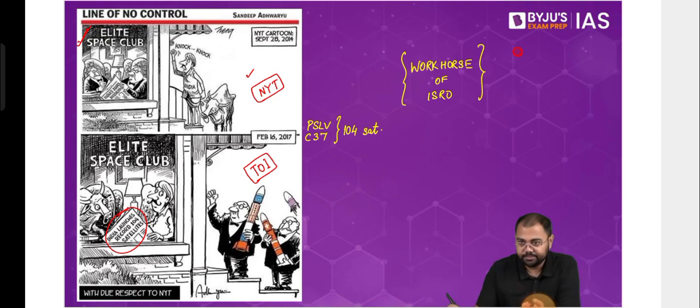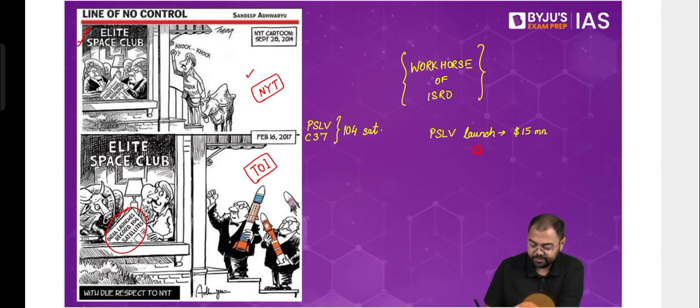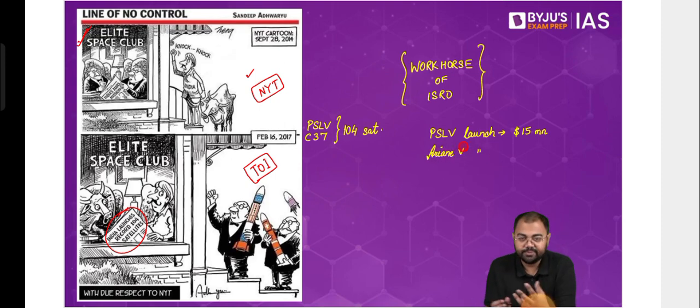And so, for example, let's say if we do a cost comparison, one data that I had read about was that one PSLV launch usually costs approximately $15 million. Almost $15 million in a basic launch. Whereas if you compare that to many of the Western launches, for example, Ariane 5, which is something that we use when we cannot use our own launch vehicle for some reason, the budget of Ariane 5 is almost $90 million per launch. Then after that, SpaceX, I think it's almost $120 million per launch.